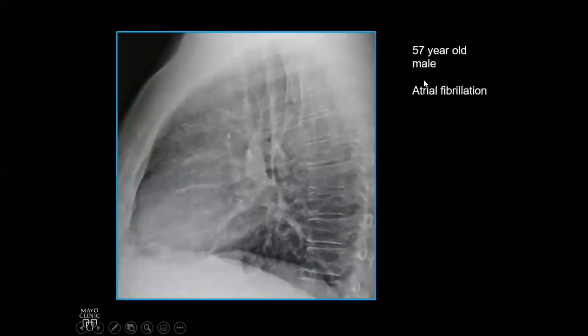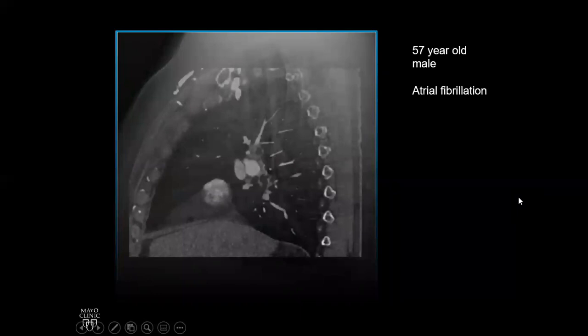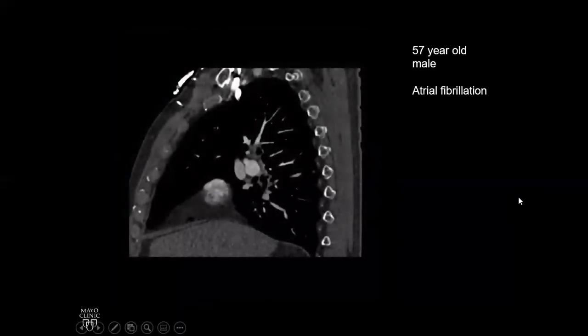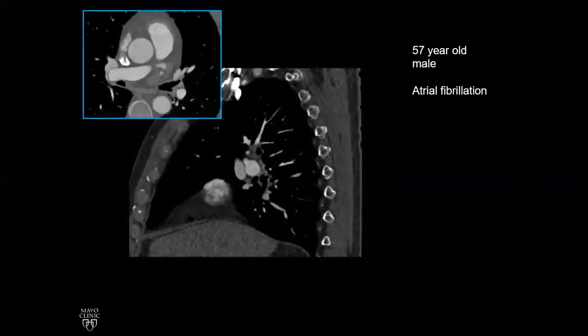Different patient, 57-year-old male, and atrial fibrillation. Again, we see a circular opacity here. All these vessels are thick because this patient has congestion. So we go out onto the CT scan, sort of a sagittal cut that goes with that radiograph at a